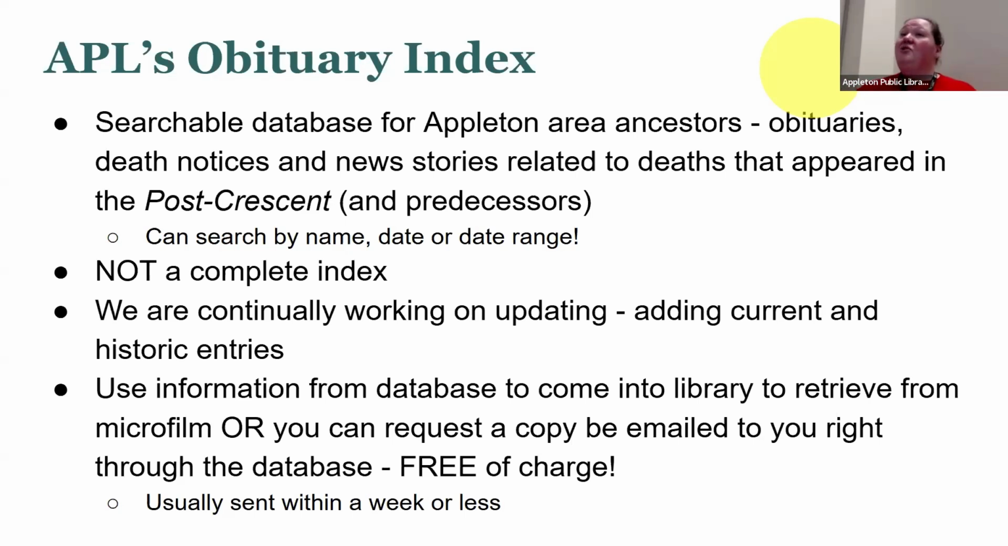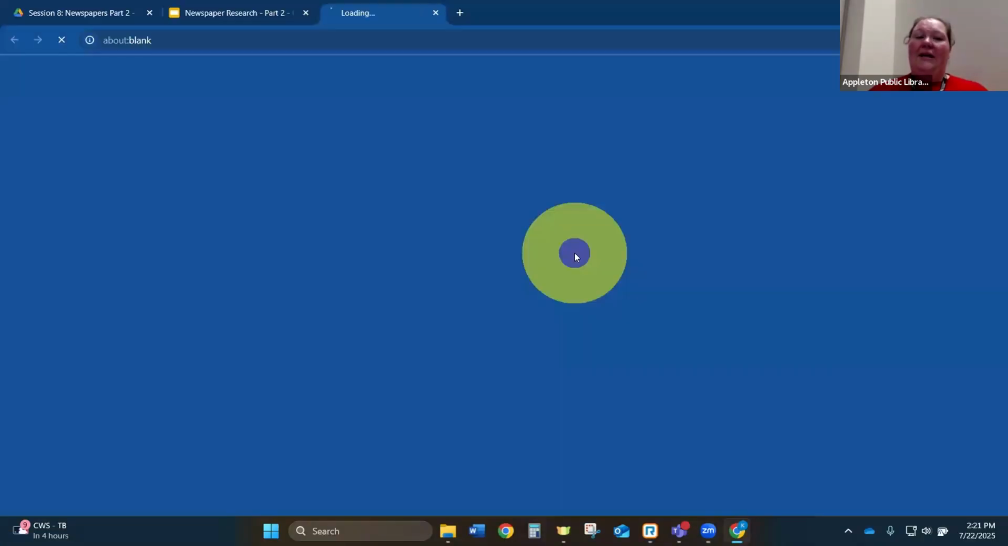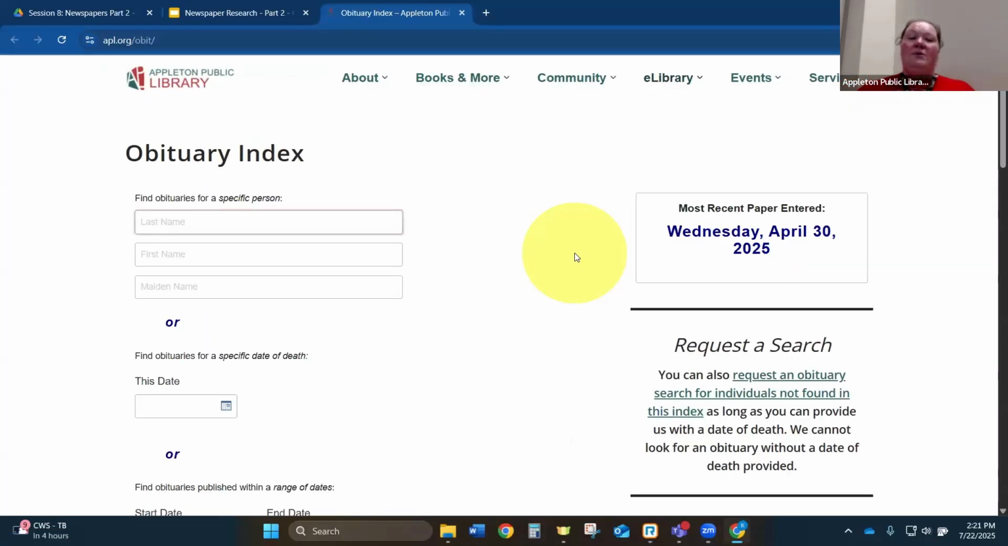So you can use the information from that database to either come into the library and get that actual obituary from the microfilm, or even right from the website, you can click on request a copy and we will email you a copy of it completely free of charge, usually within a week or so, depending on how many requests we have in a given week. So I'll show you how to access this. It's really simple, just